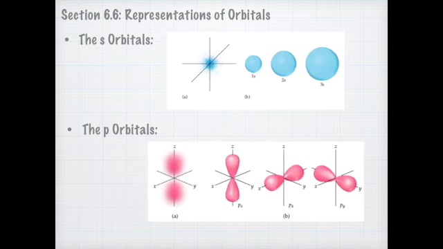If you look for the s orbital, you've got 1s, 2s, and 3s. 1 represents the principal energy level. S represents the sublevel. So 1s is a sublevel, 2s is a sublevel, 3s is a sublevel. For each of these sublevels, there is one orbital, meaning one 3D region where the electrons are most likely